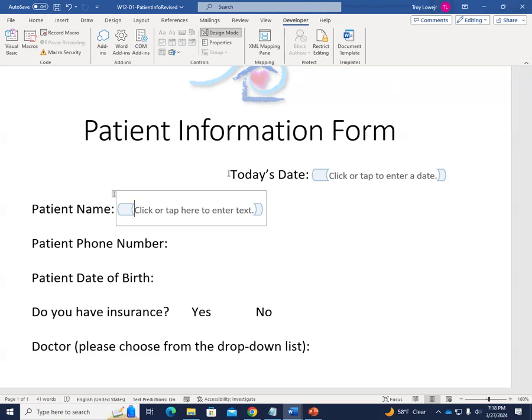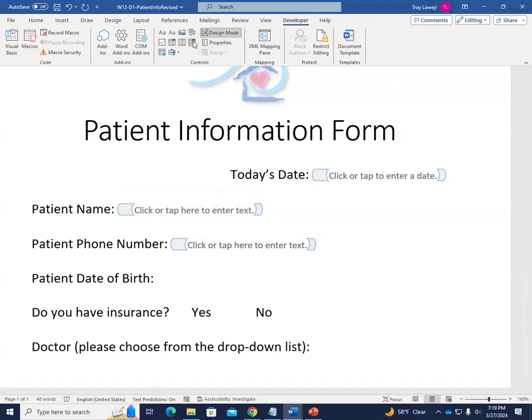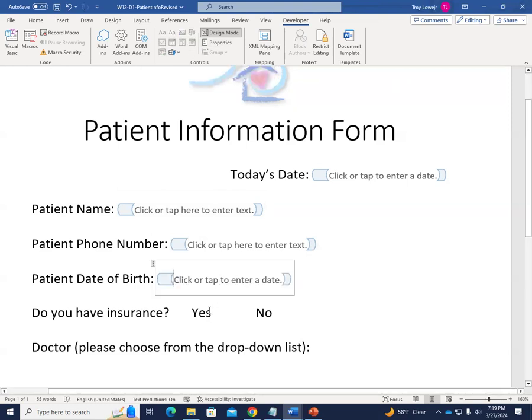So patient name, patient phone number, patient date of birth. We're going to do the date picker once again. And for insurance, we're going to do checkbox controls. Yes, space bar, and then